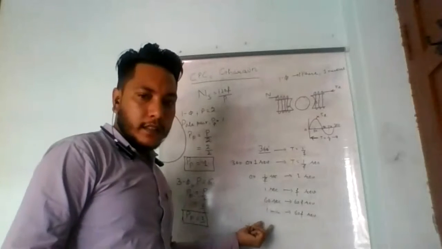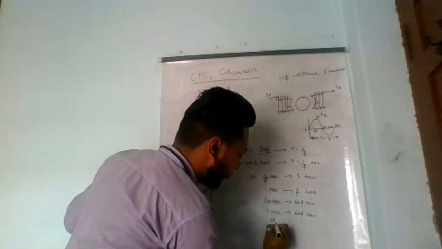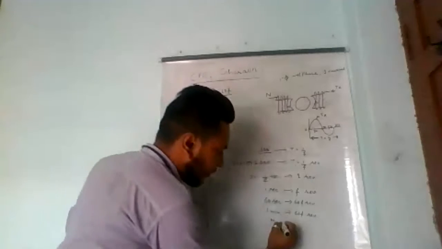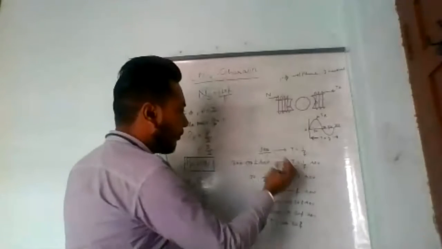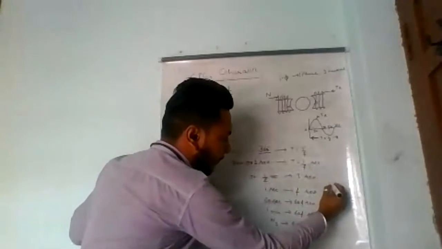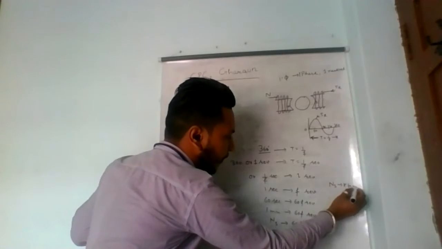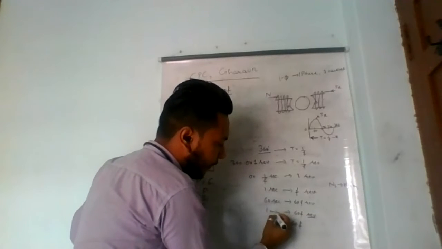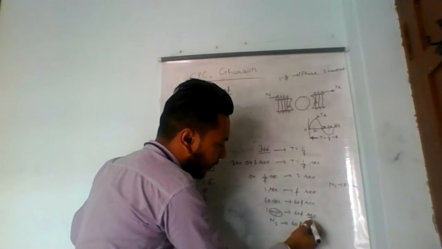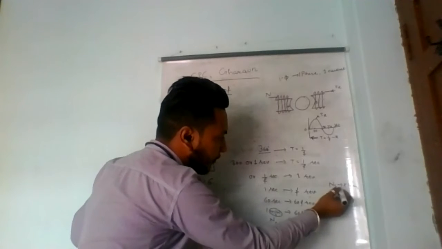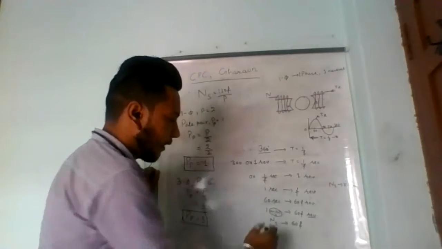This 1 minute is nothing but the speed. This is the synchronous speed of the rotating magnetic field. This is equivalent to 60 f. As we know, the speed has unit revolution per minute. Here is revolution. If we divide by minute on the denominator part of the right hand side, it will give the revolution per minute, which is nothing but the synchronous speed.